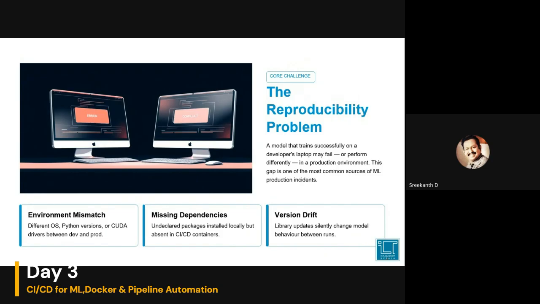Maybe the Python version is different, or a dependency is missing. That is version drift. We once faced this when deploying a GPU-based model on a DigitalOcean server. The local environment worked, but production did not. This is not a model issue. It is really an environment-related issue.